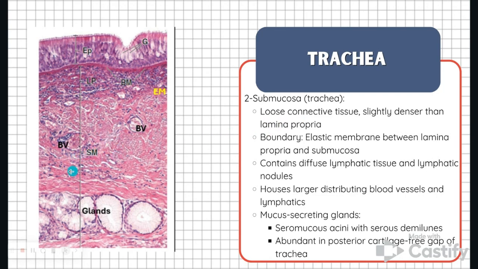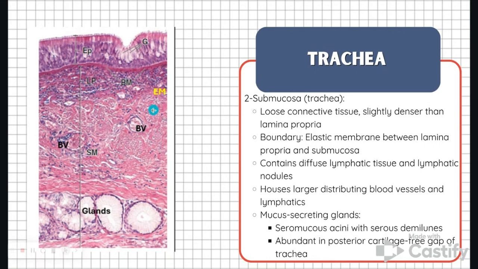We're going to have loose connective tissue, like we said, dense loose connective tissue, and we're going to have the boundaries, elastic membrane. We're going to have elastic membrane here, okay? This is where we're going to start. EM is elastic membrane. Here we're going to start having the